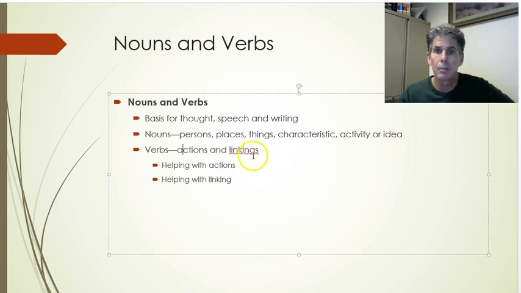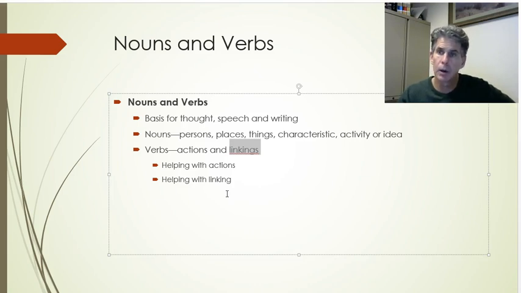They can be. But they can also be linking verbs. And linking verbs don't involve any type of action. That's where the confusion often happens. And these verbs, there's a limited list of them, but they do an enormous amount of work in the English language, especially in speaking, but also in writing.